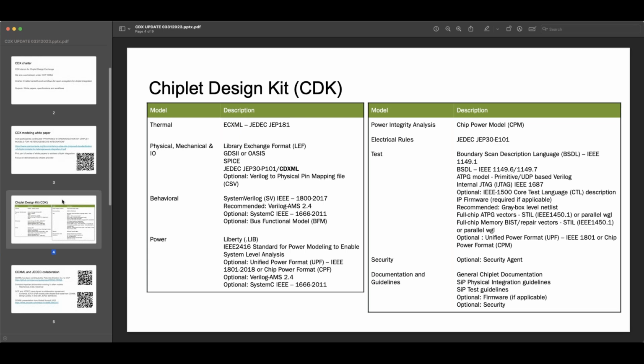Some of these are optional. Some of these are recommended, they're still optional, but it's recommended to be available. And the checklist would then say, okay, for chiplet ABC, the actual available models are CDE.